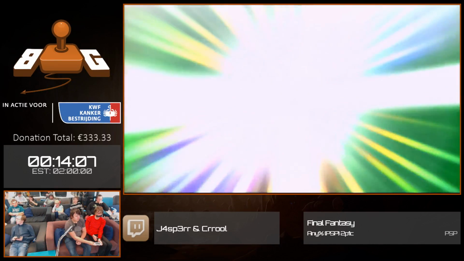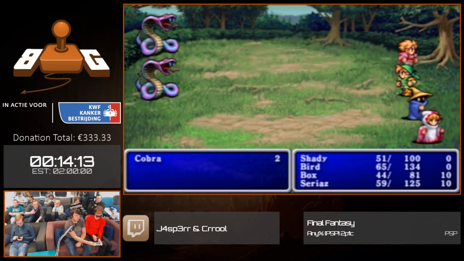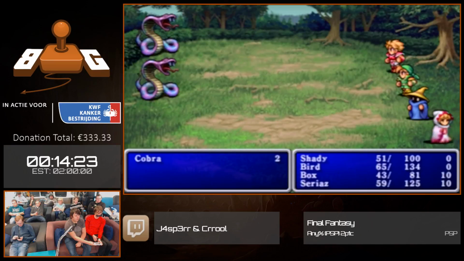Yeah, this speeds up grinding, or rather cuts the time for grinding in half pretty much. So it's a pretty significant time save. It saves about 2 minutes, well, a little under, because we actually take a little bit of time killing them, but these snakes, man. Ooh, these snakes are being...